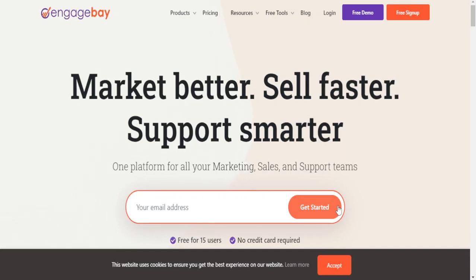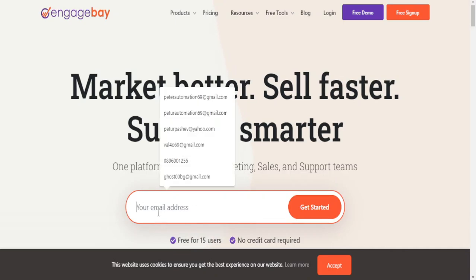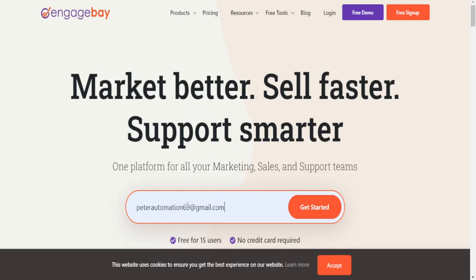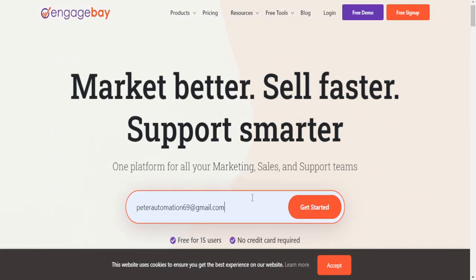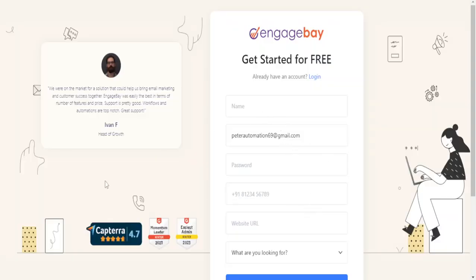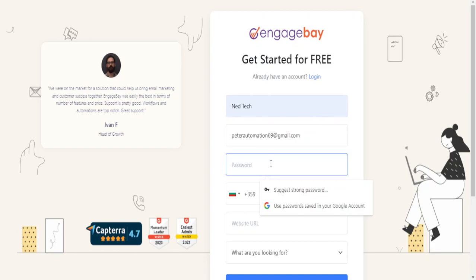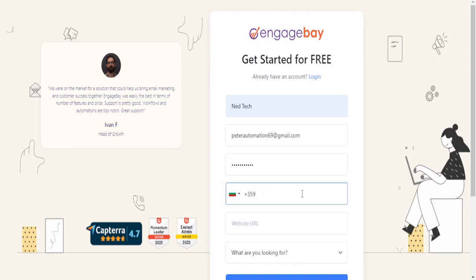So first off, guys, what you wanna do is enter your email address in this blank. So here I just put it in, and after entering your email address carefully, you just click on get started, and here guys, you'll see that it's really simple. Let's set our name to NetTech and enter our password. After that, we'll just enter our phone number also real quick